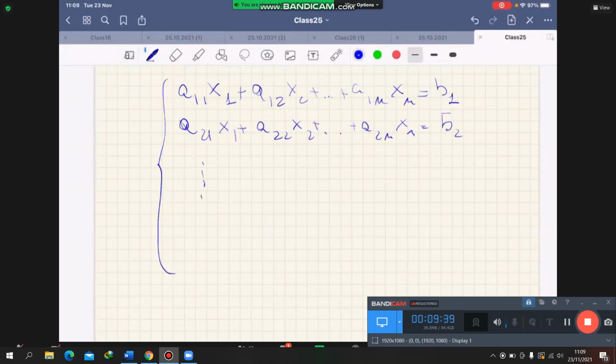And another equation, ak1 x1 plus ak2 x2 plus akn xn equal bk, can also be written